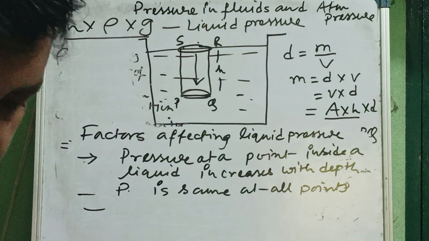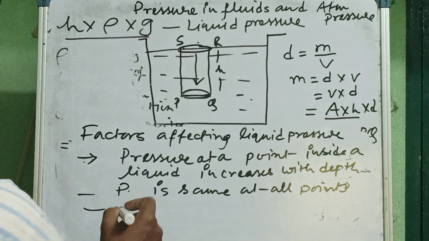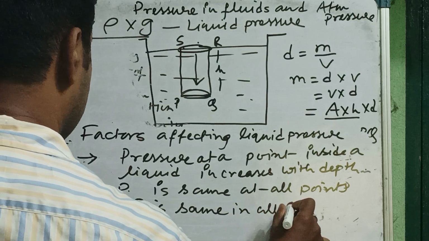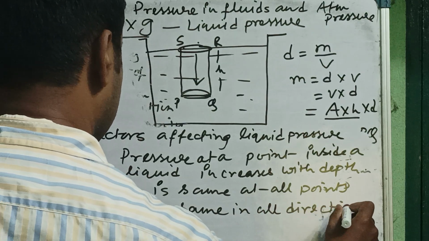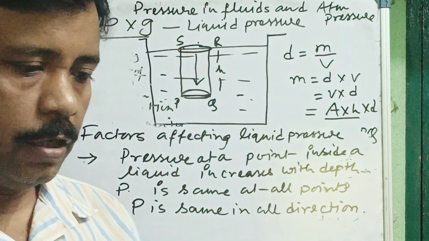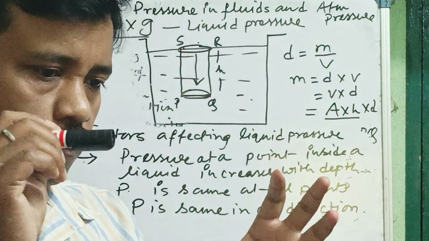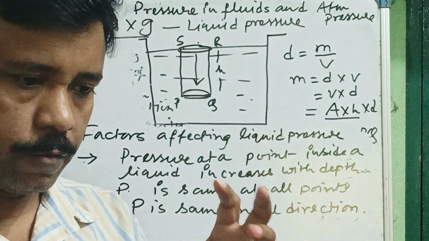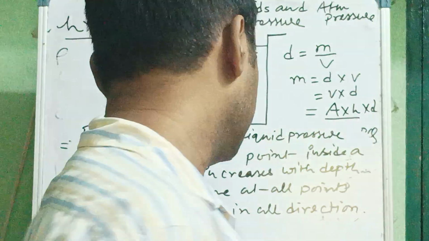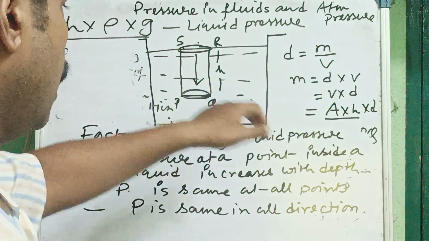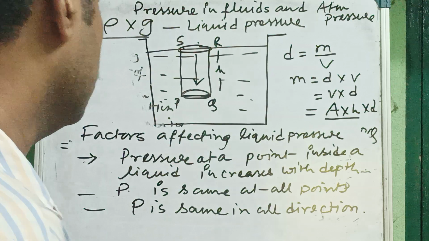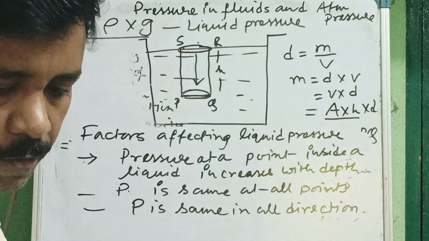Third key point is pressure is the same in all directions. If a balloon is inflated with air and pinched with four or so holes, every hole exerts an equal amount of pressure. So pressure is the same in all directions, and a liquid column also behaves the same as the inflated balloon.